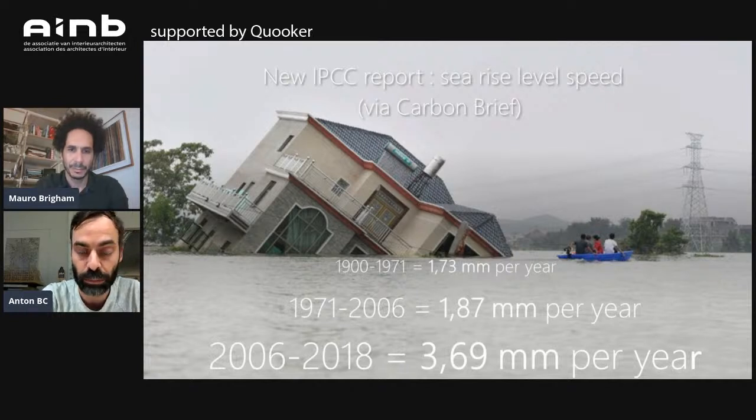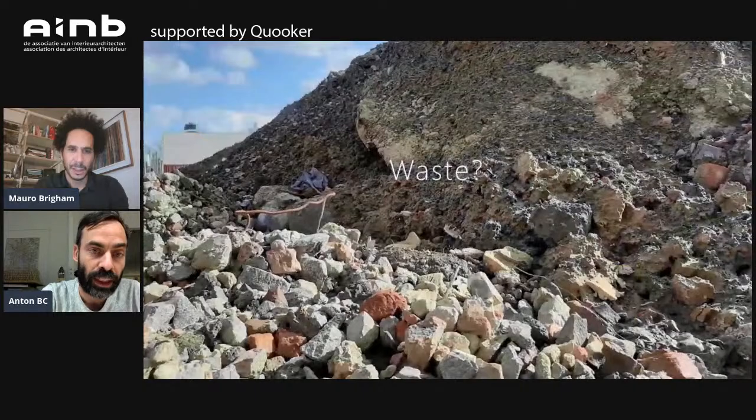We had it in Belgium, but it also happened in Germany, in the UK. It's not something that is far from us anymore, that only happens in very vulnerable areas. We are part of the vulnerable area. In that sense, we really have to speed up with accelerating and decreasing CO2 emissions. Absolutely. And so part of the solution for us at BC lies in the waste that is produced by construction,